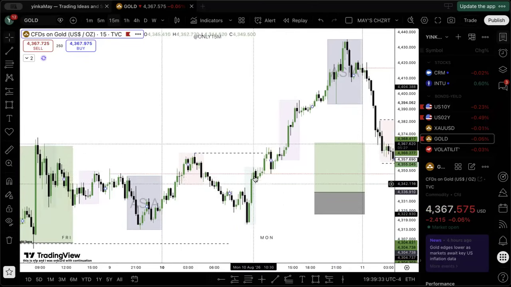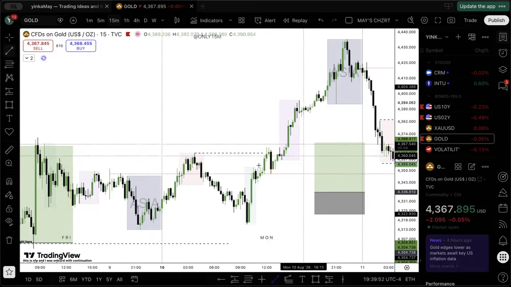When you see an OB and price gets into that OB, what I want you to look at is that when price got into that OB, what we saw was just bullish candles. This is showing strength in the trend. This is showing institutional sponsorship. The OB you find from that fair value gap, I like to say it like this: an OB from a valid fair value gap is a valid order block.